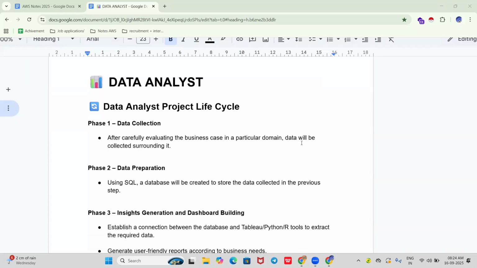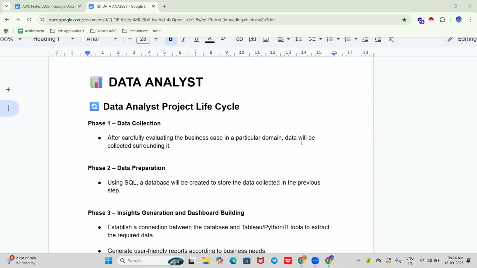So I'll just tell you. If you are a fresher, freshly onboarded for a data analytics job, what are your primary roles and responsibilities? Basically, you have to understand what the business is.